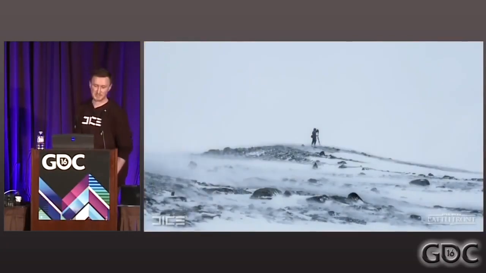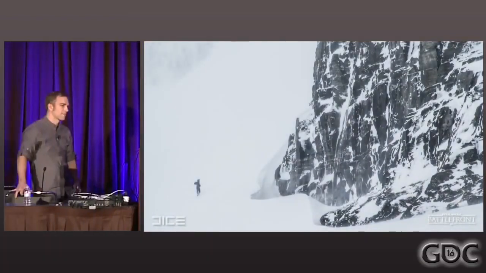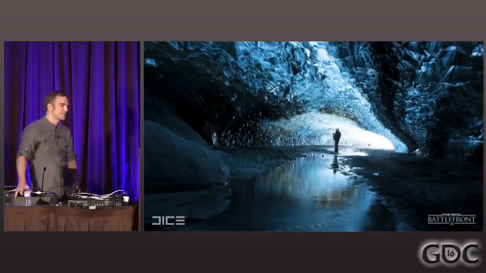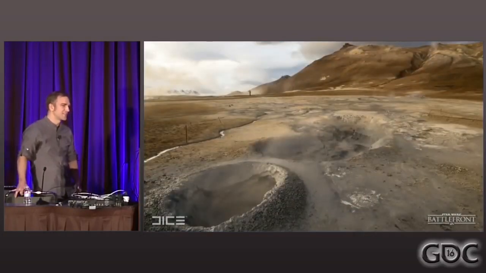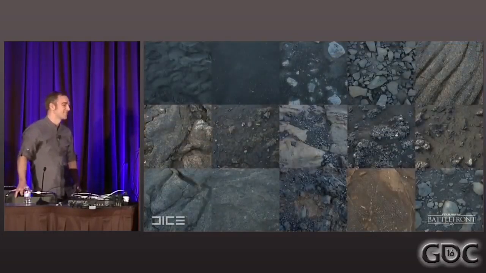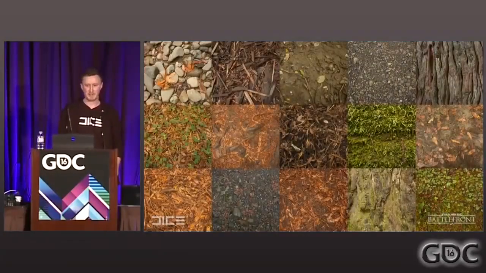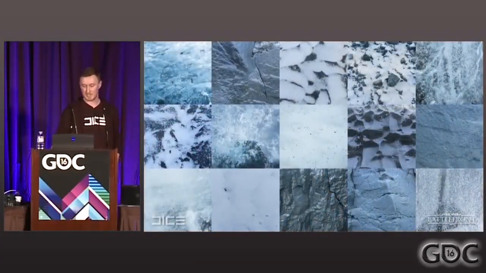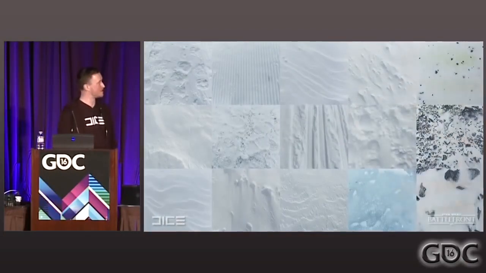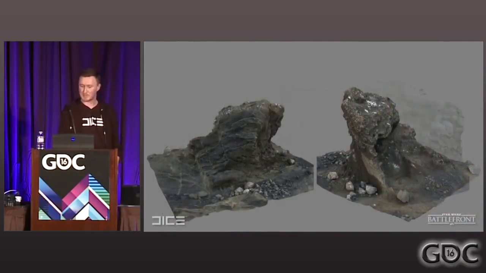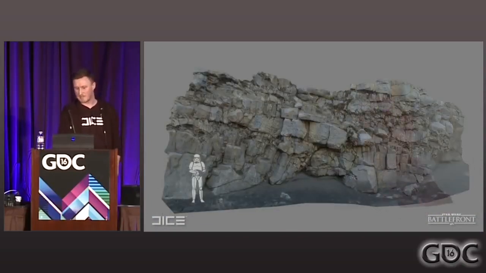Varying weather conditions, quite extreme. I have to say that sometimes I actually lose track of which ones are the capture shots and the in-game shots now. The guys did a really great job. They brought back a great range of textures in our library, 3D scanned textures for the ground surfaces across the terrain, and vegetation on Blueboards. We'll get to that a little bit later.